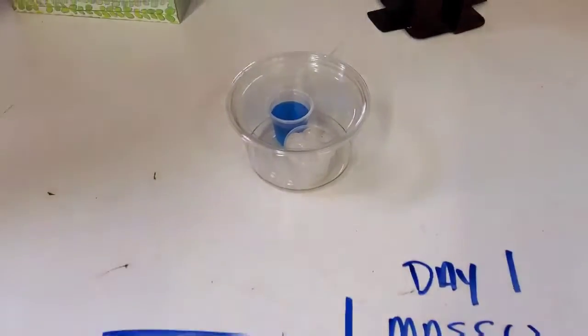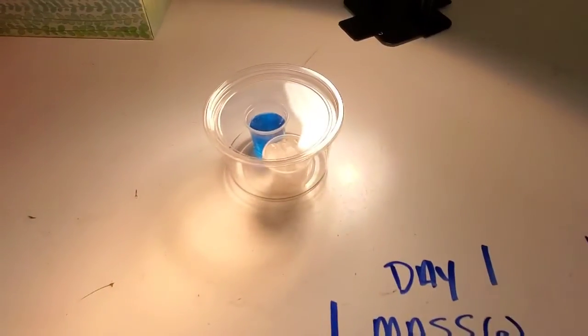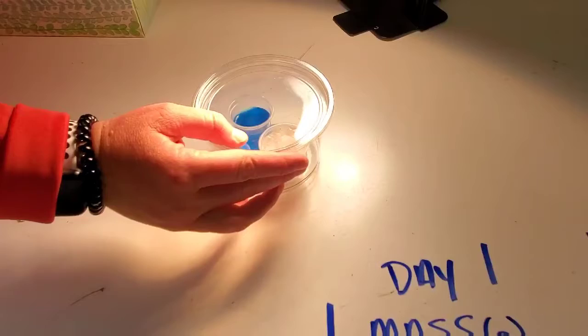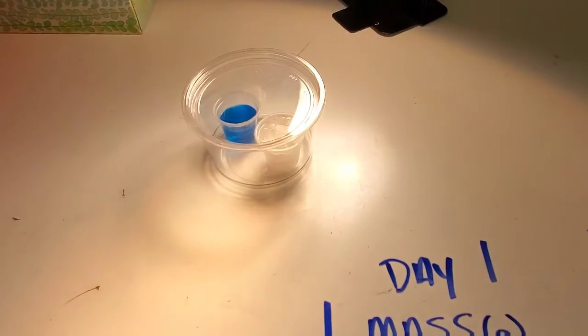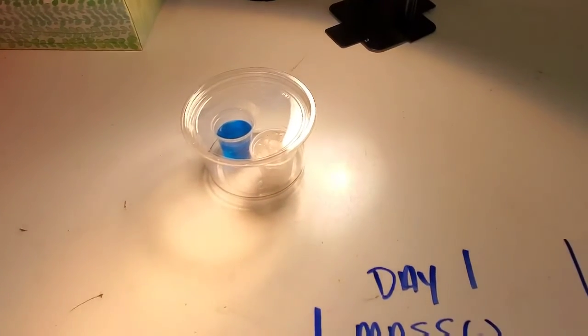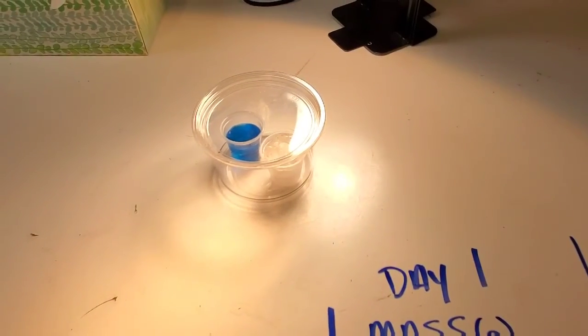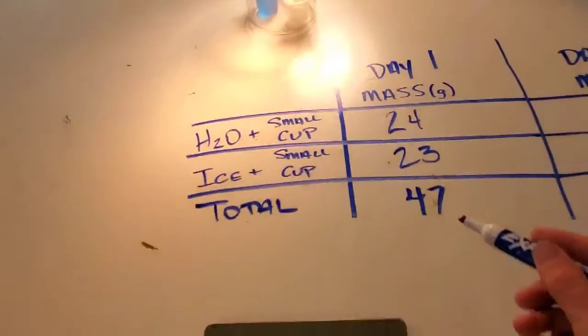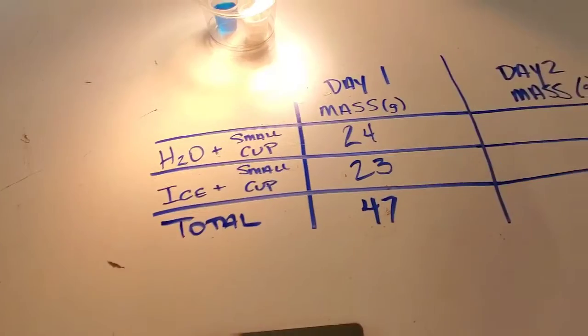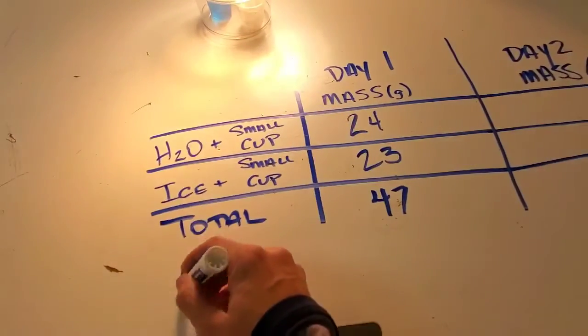Then what, Miss Dennis? Then we're going to turn on the heat lamp. And we want them to be heated evenly for 24 hours without touching. Okay, so we'll see you here tomorrow. But first, don't leave. Underneath, in your journal where you've made this chart, you're going to need